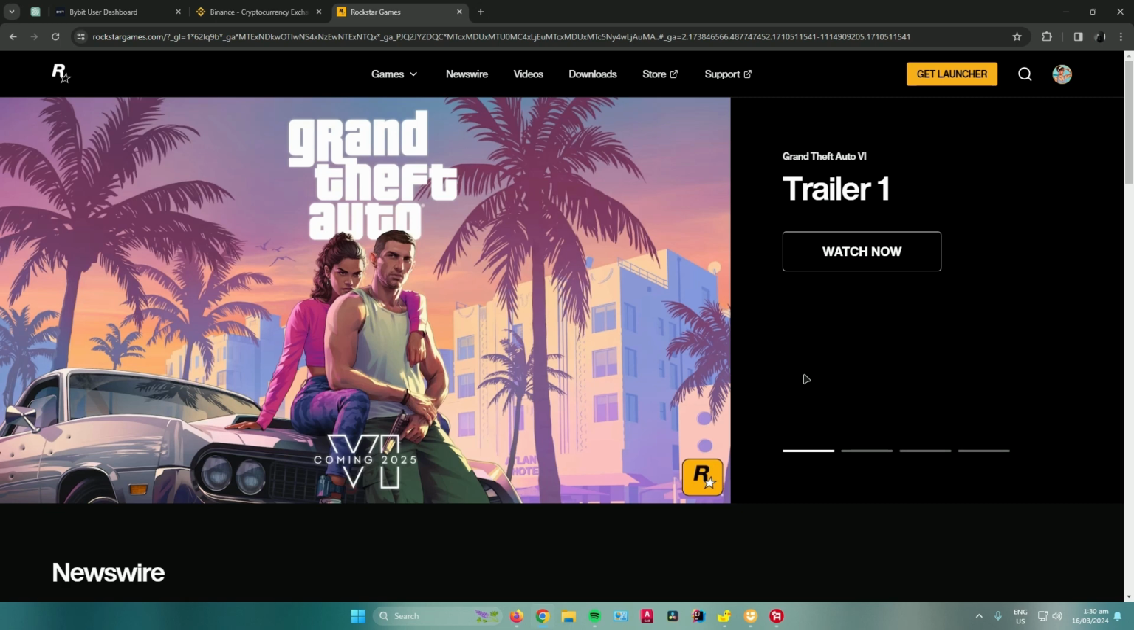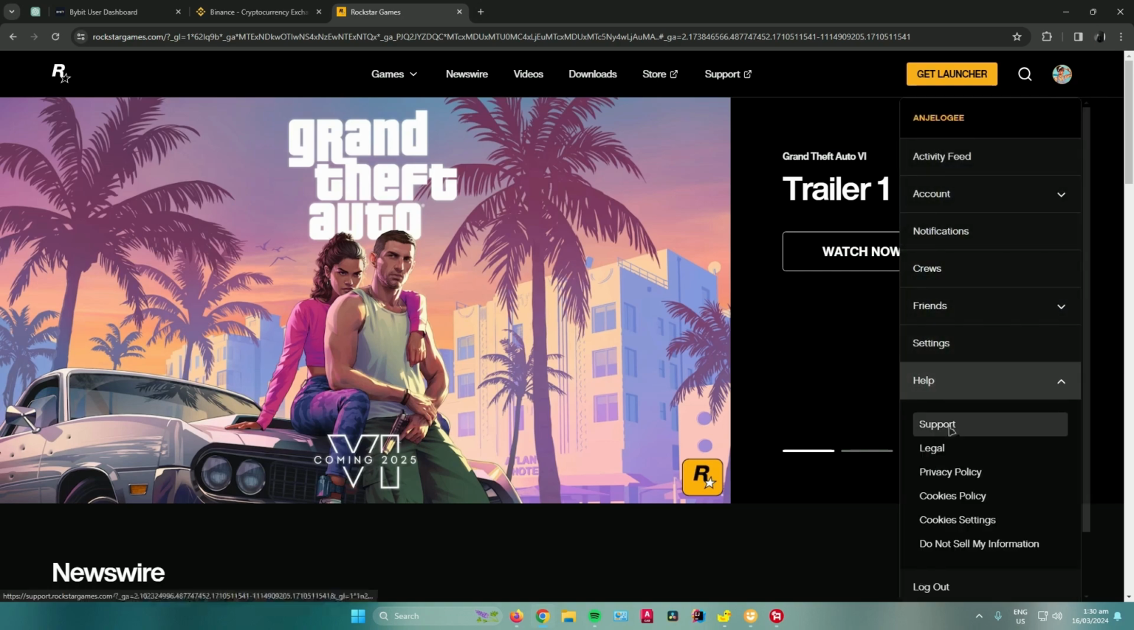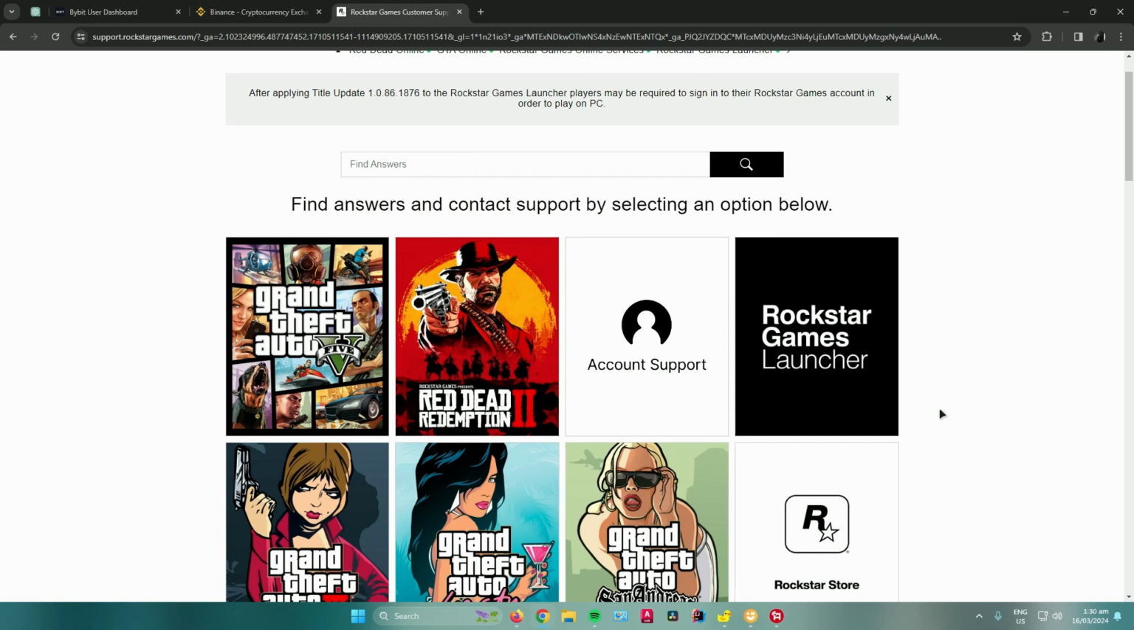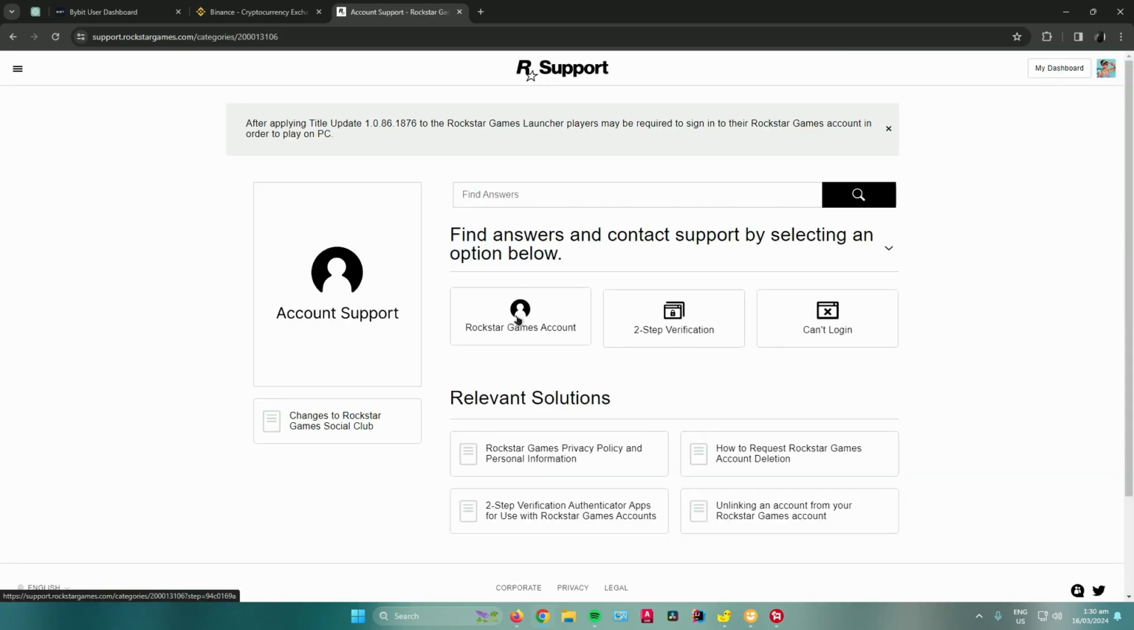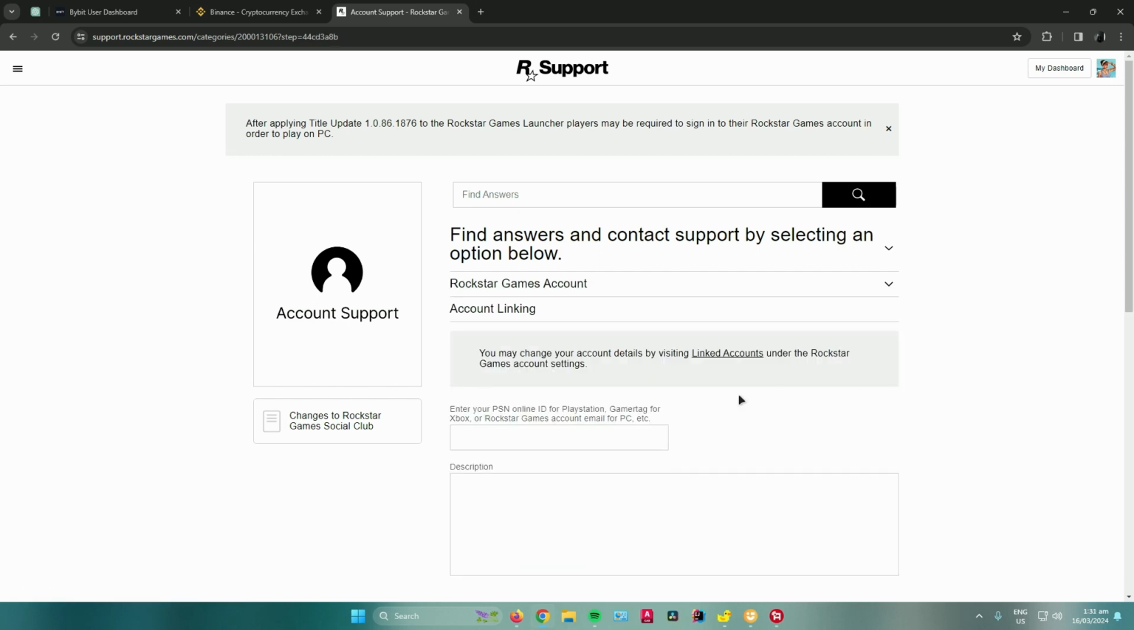Next, what you want to do is go to this icon right here in the top right corner where your profile picture is. Scroll down until you see help, click on support, and then click on account support, and then click on Rockstar Games account, click on account linking, and then what you want